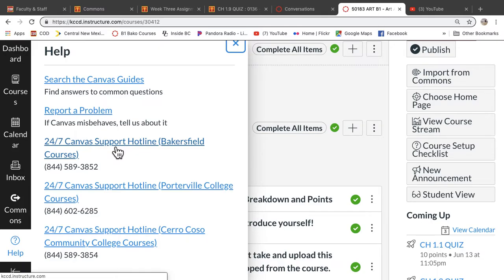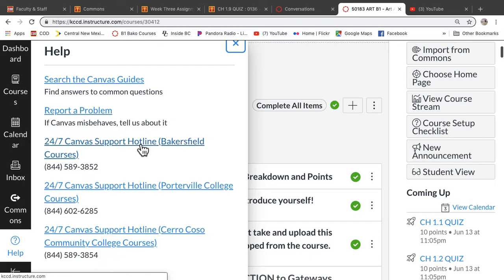If you're telling me in an email or a call that something went wrong with Canvas and there's no case number, then there's nothing I can do about it. It's a 0 if you didn't turn the work in. Okay? If you have a Wi-Fi problem, if you have a computer problem, if you're not using a desktop or laptop, which you absolutely need to do in this course, then it's going to be a 0. So make sure you're backing up what you're saying by getting a case number. Okay? So there's some other things you can do.